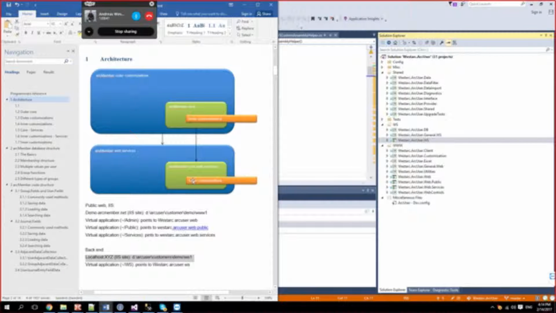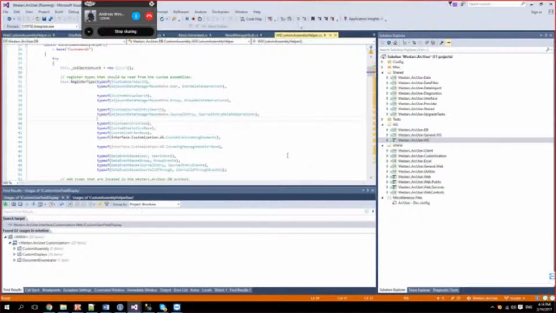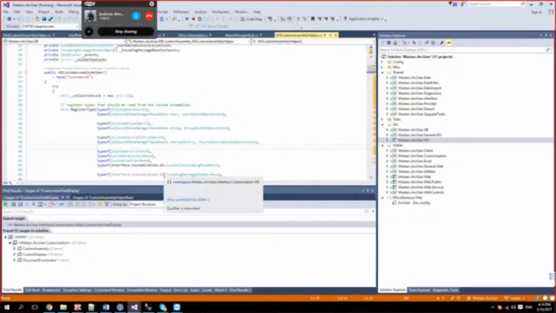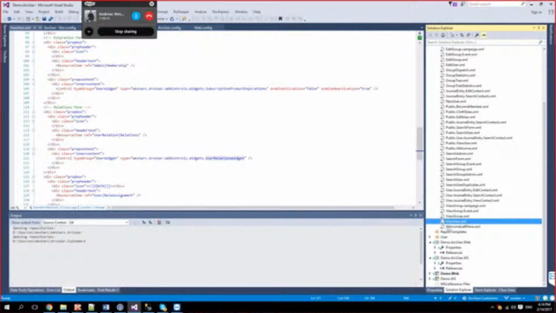And the orange box is modules being picked up by this web custom assembly helper. Either it picks up hard-coded modules located in Arc member, Arc user, or it could use reflection once again to pick up assemblies or modules located in the customer project. And then we're talking about this demo Arc user WS module.